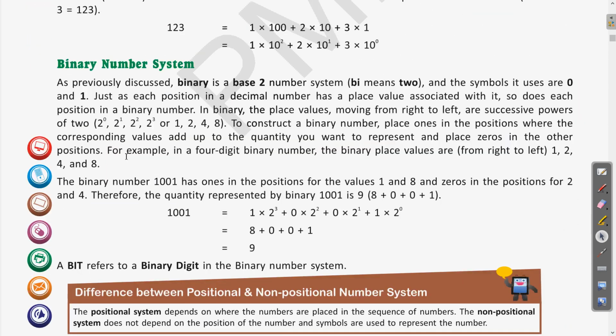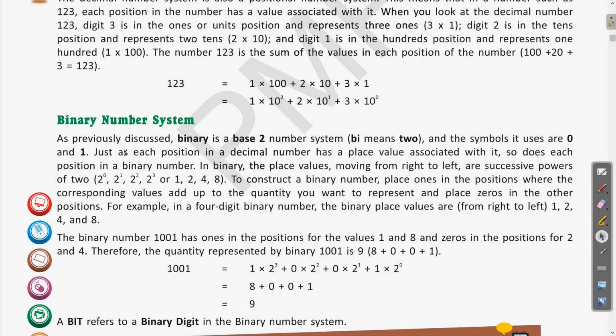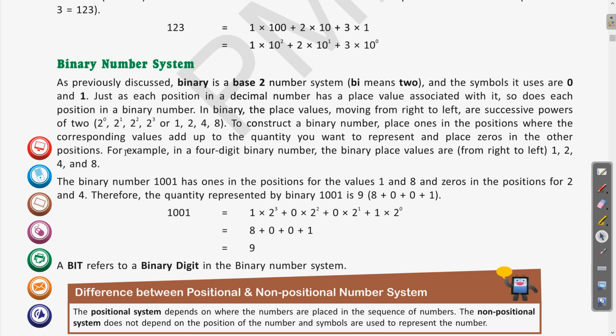So before that, revise the decimal and binary that we have discussed, and we have seen how to convert a binary into a decimal, and we have seen 2 examples. Do the questions as given in the homework also. Okay, so revise and learn till then, and meet in the next class. Thank you.